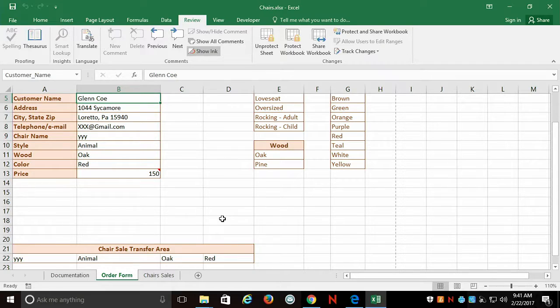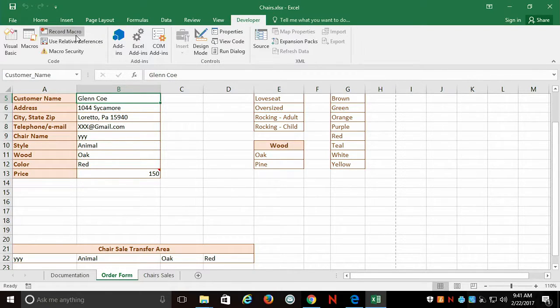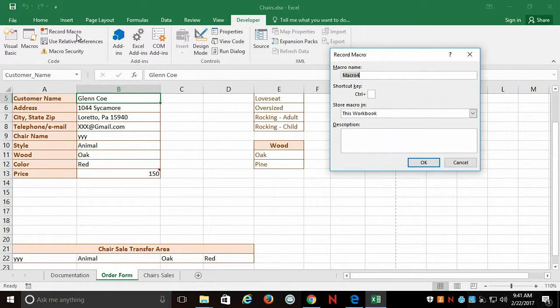Let's create one more macro, and then we'll have to fix that one because there's something a little bit funky with that. We want to record another macro called clear order input. So go to the order form, go to the developer tab, click record macro, and we want to call this one clear. Just leave it as is right now, because we're not going to have to do anything with protection on this one. But it should be protected at the end of that last macro, so it should be protected right now. Okay, so call this one clear order input,